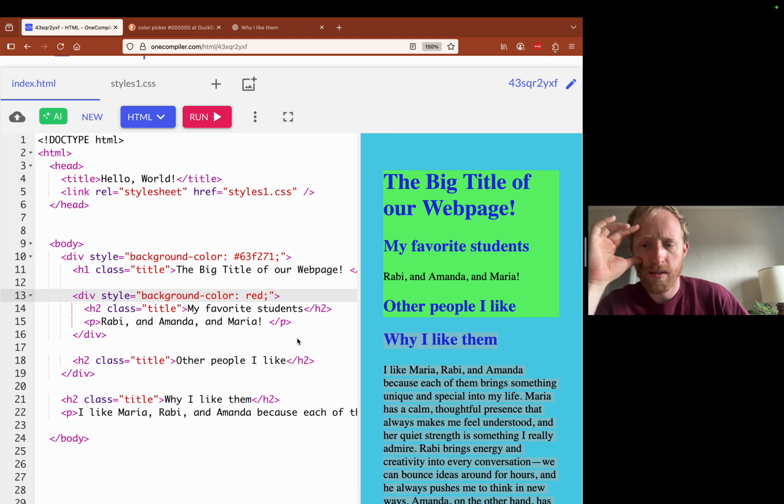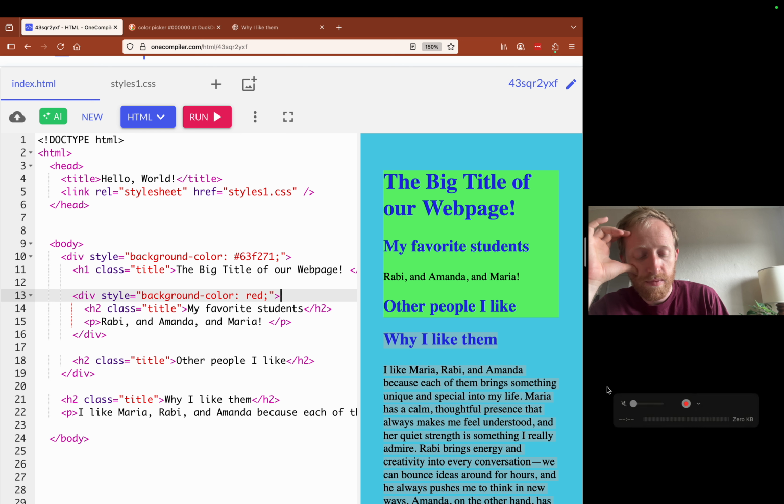So that bit that's green is going to be red in the background? Right, where? Do you know, Maria? Background color red.